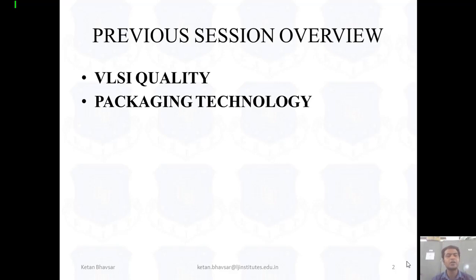And also packaging technology. In packaging technology, we discussed the different types of packaging technology. We are familiar with the quad technology, the DIP technology, and also the multiple board on chip technology, as you can see in your smartphone and gadgets. These are the different packaging technologies, and you have to choose as per your requirement and application. Suppose you have a size constraint, then definitely you have to go with the quad, because DIPs take a large amount of space.